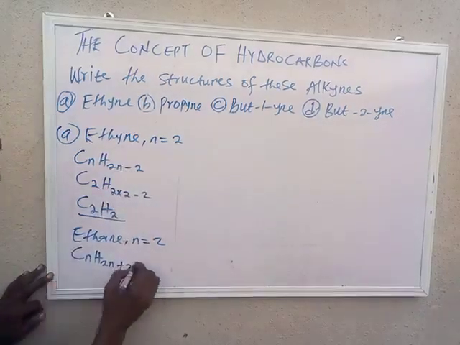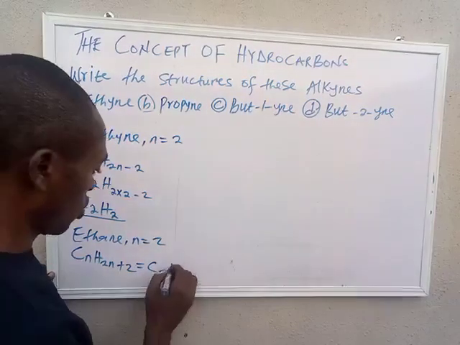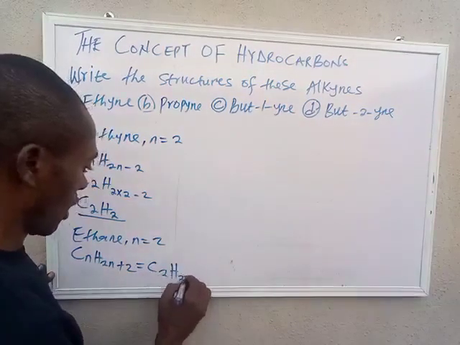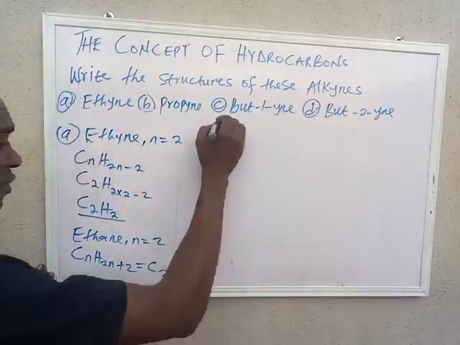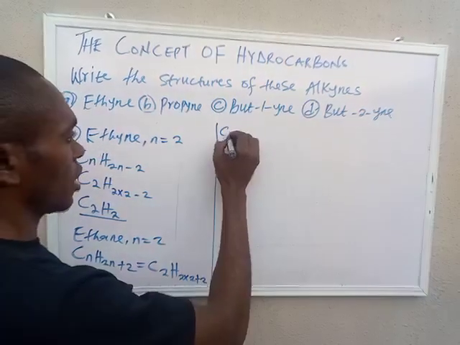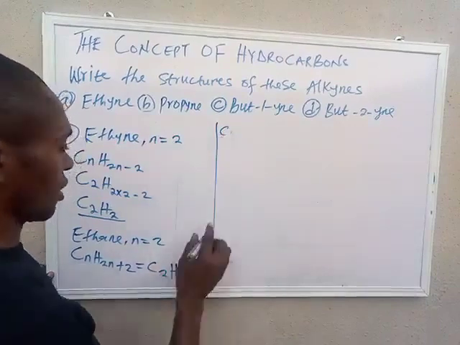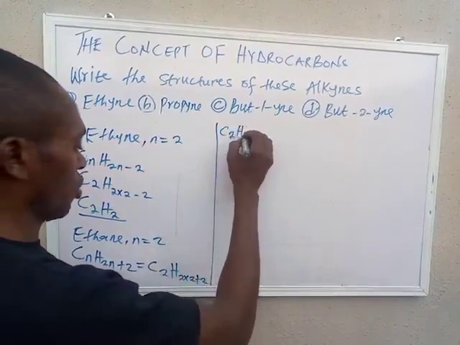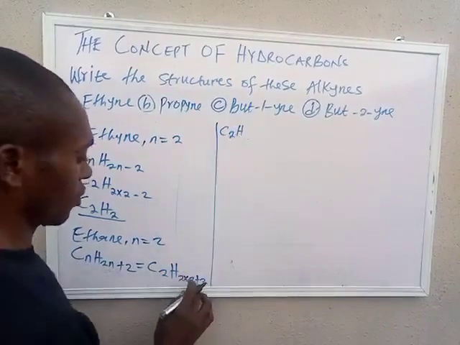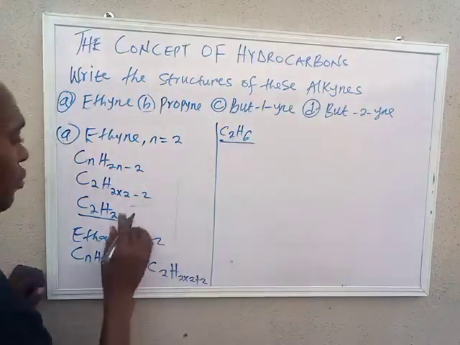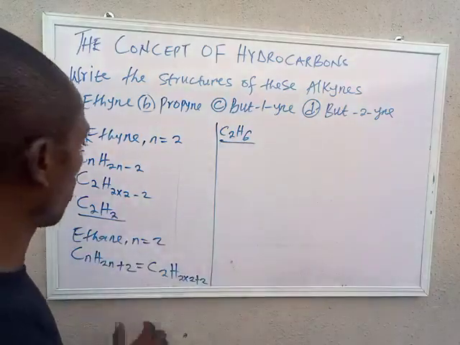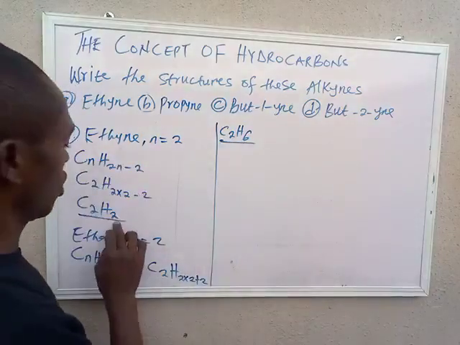So this will give us C2H, 2 times 2, 4, 4 plus 2, 6. So if you compare this with this, you will discover that for you to get ethyne, you have to